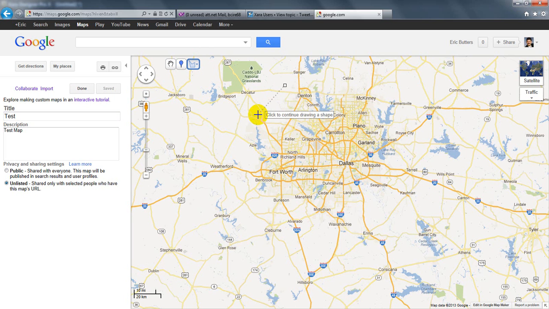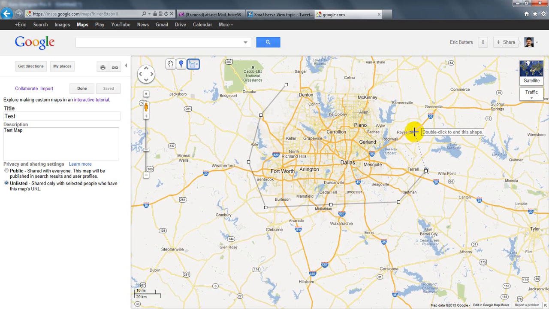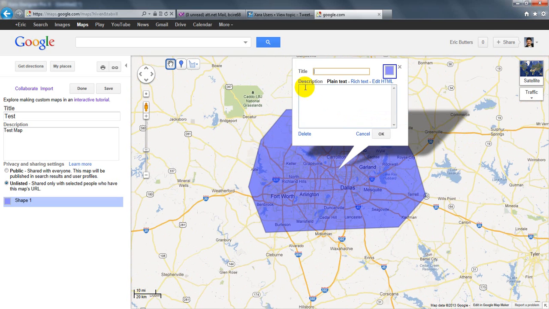So I'm going to just click somewhere to start drawing a shape, and I'm going to keep clicking around the area that I want to be my service area. And once I finish it, the shape is closed. I can give the shape a title and a description,